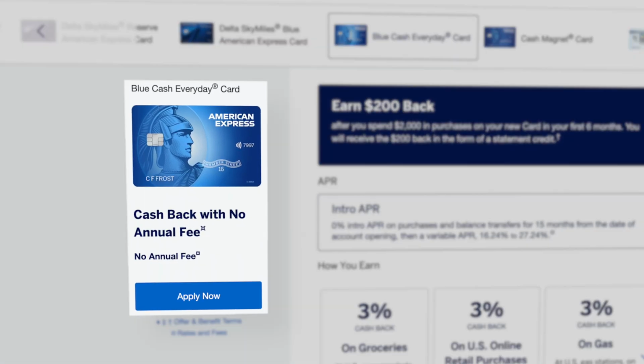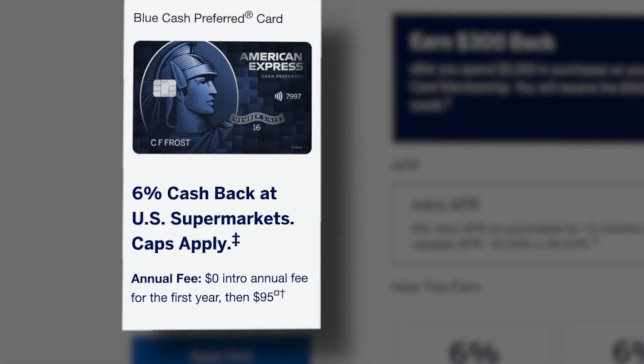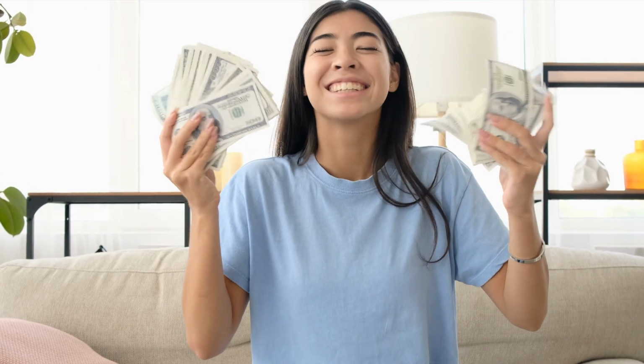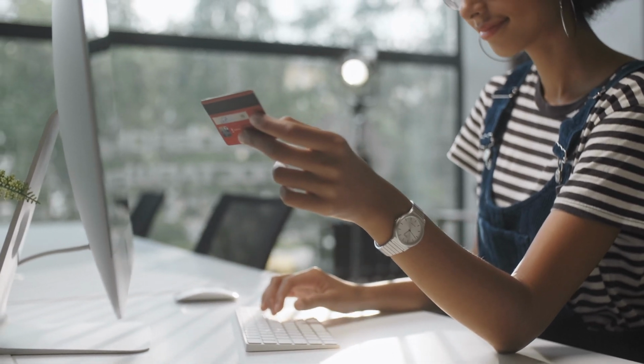So right out of the gate, the American Express Blue Cash Everyday card has no annual fee and is currently offering a $250 sign-up bonus when you spend just $2,000 in the first 6 months of having this card, which for a free credit card is one of the best offers currently on the market. The Blue Cash Preferred card, on the other hand, has a $95 annual fee and is currently offering a $400 sign-up bonus when you spend $3,000 in the first 6 months,